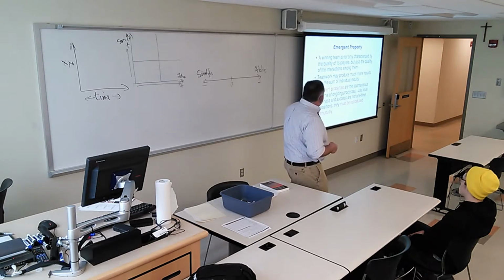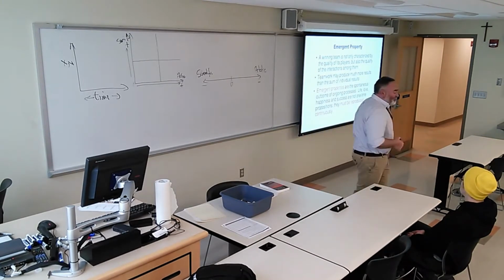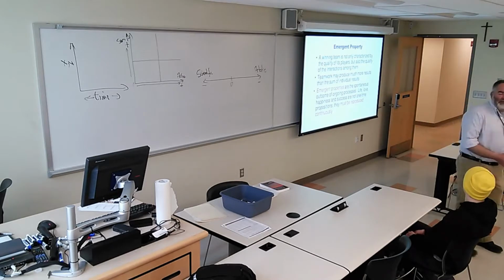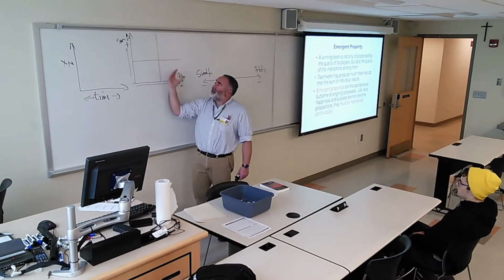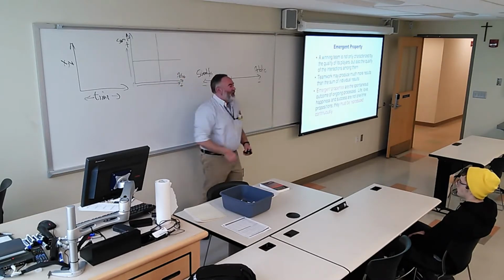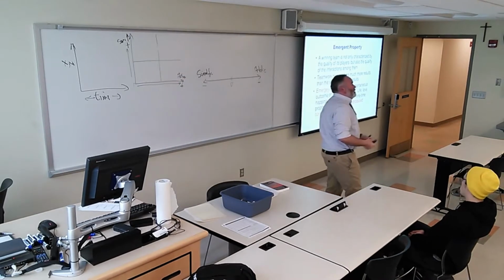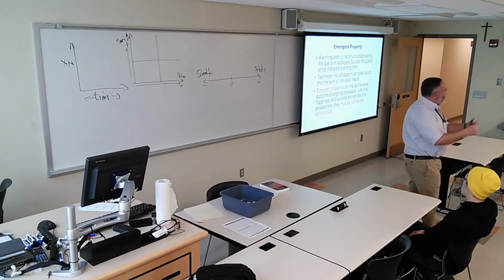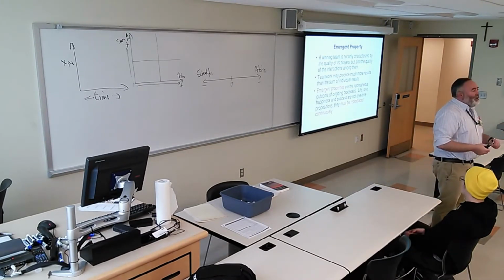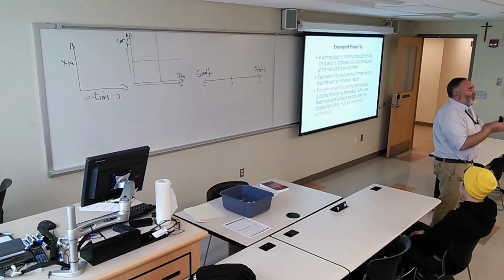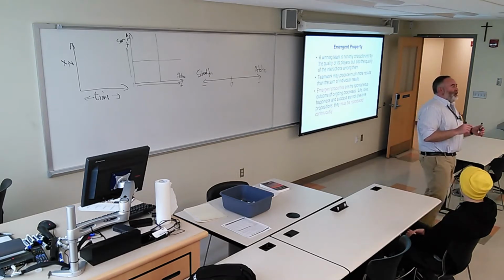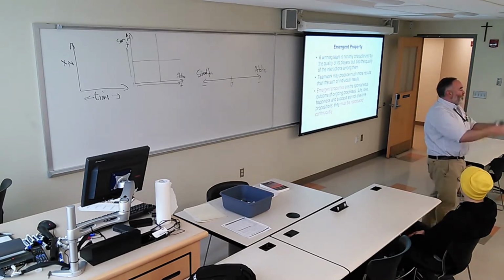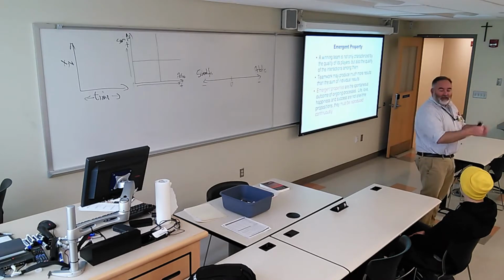Our next property, emergent property. I think we have time to get through this past fact. I mentioned before that a system view looks at the entire system, all aspects of it, whereas an analytical view takes it apart and looks at the pieces. When you find a car that you've never seen before, hey, look at this nice antique 1947 whatever, let's see how it works. Rather than starting it up, you just start disassembling the engine. And that's okay. That's one way to figure out how it worked.